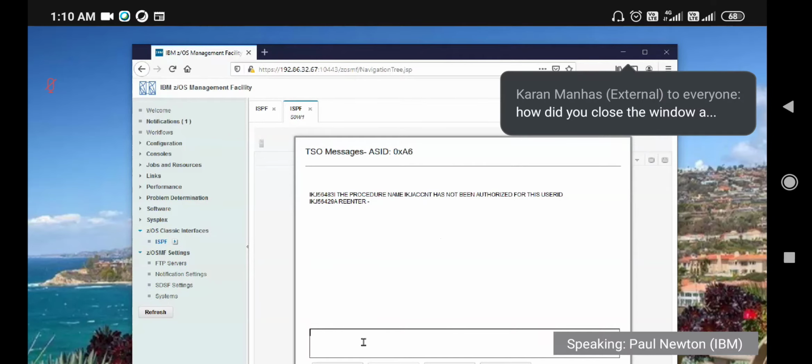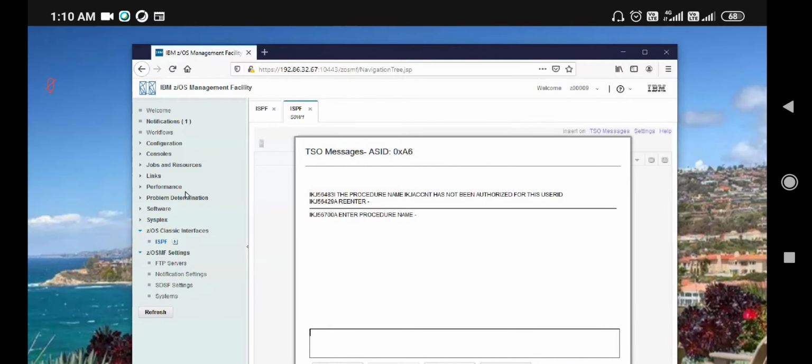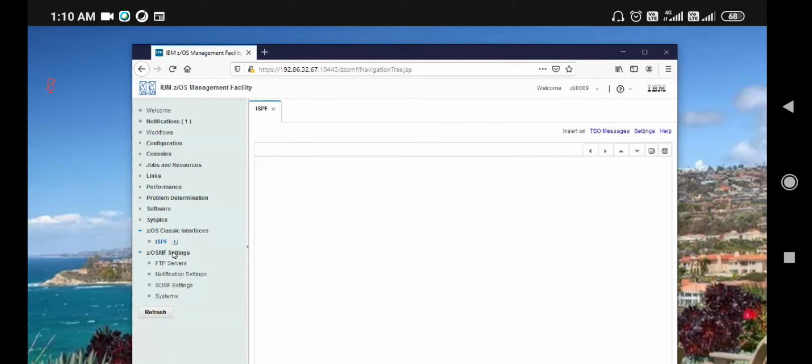So I'm going to use a different one. I'm going to use the one we're using for our TSO logon. I just didn't spend the time to think about this or customize it. So I'm going to go ISPF again. And I'm going to try